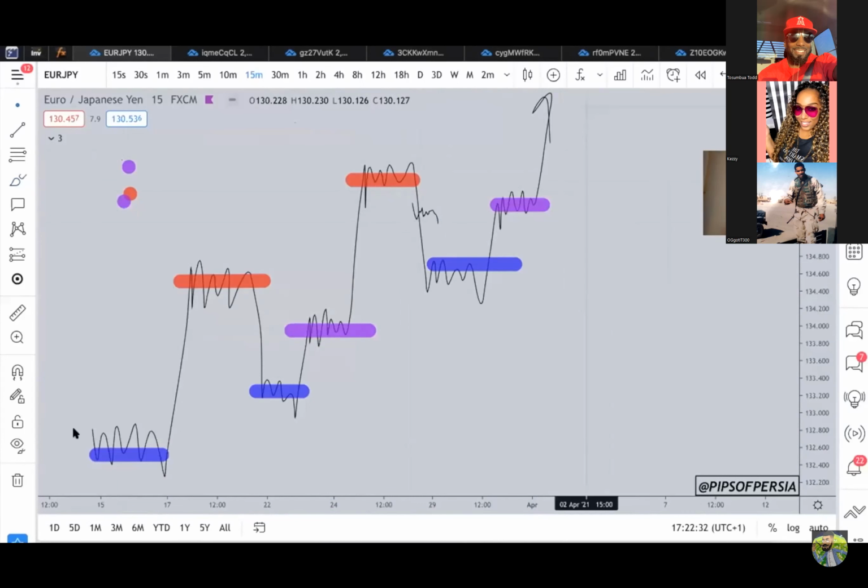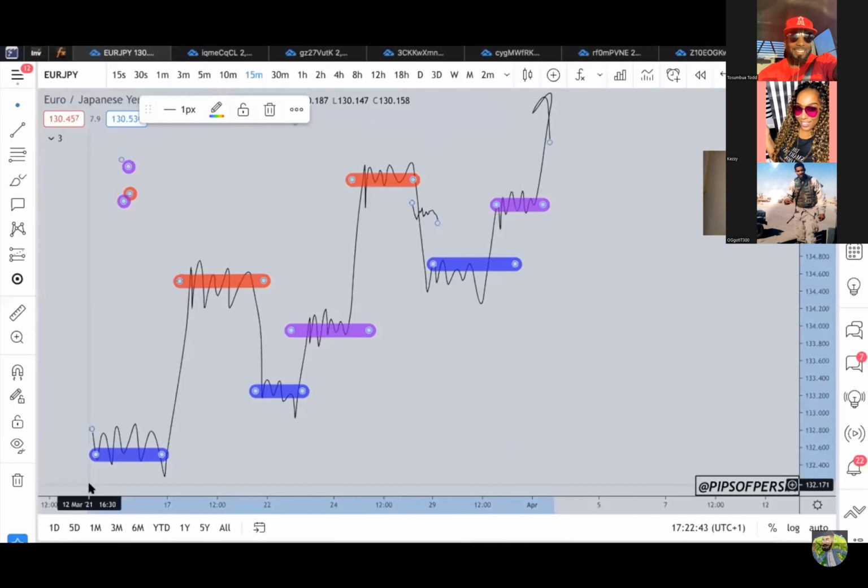Now, okay, so we now look at the same trend from the perspective of normal trend, supply and demand, and then we looked at it from the perspective of Wyckoff accumulation and distribution. And now you can kind of see this trend from the perspective of a reaccumulation and a redistribution. Now, this is where I want to elaborate a little bit more on drop-base-drops, rally-base-rallies, and I want to speak a little bit about the similarities of this to, quote-unquote, institutional concepts,